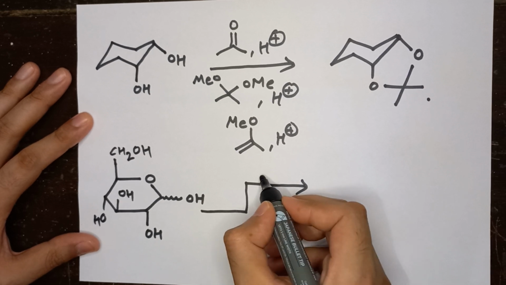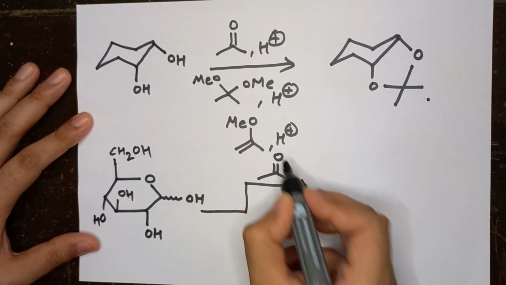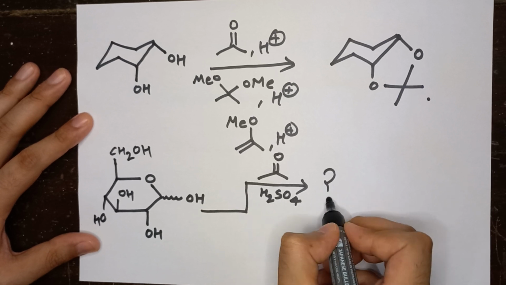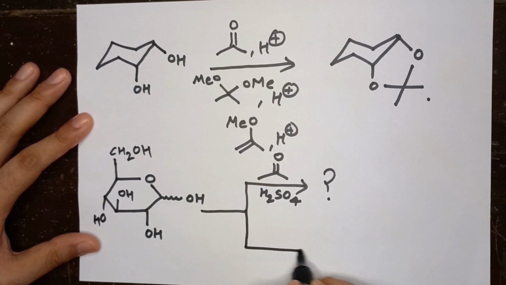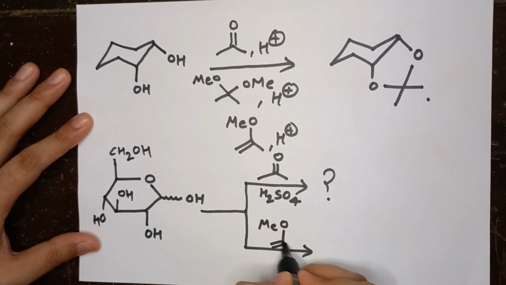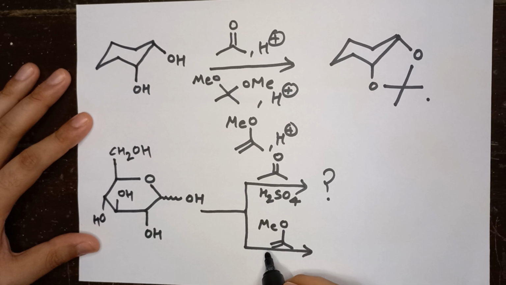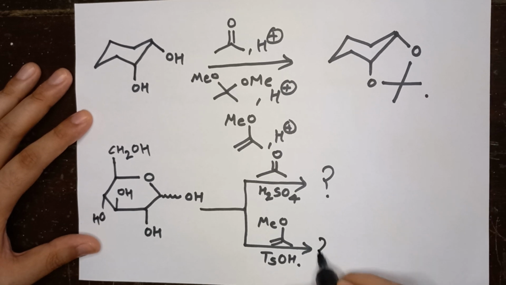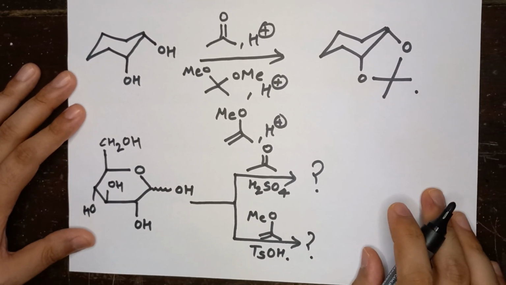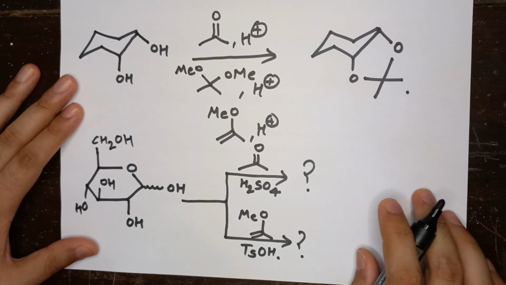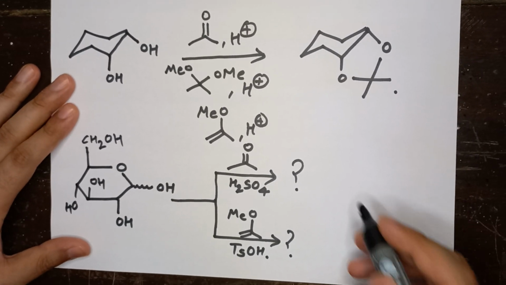In the first reaction, I am reacting this with acetone under acidic condition, H2SO4. So what product am I going to get? And the second condition is I am using an enolic ether in presence of this particular acid. Well, let me give you the product, and I want you to try the mechanism for these two particular reactions. The product for the first reaction is